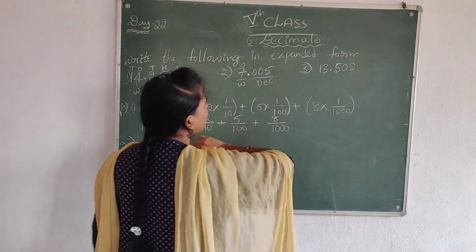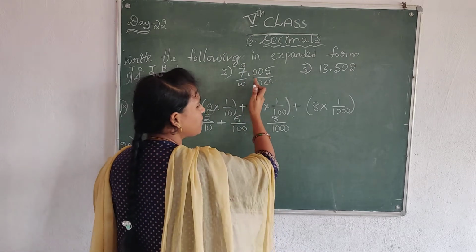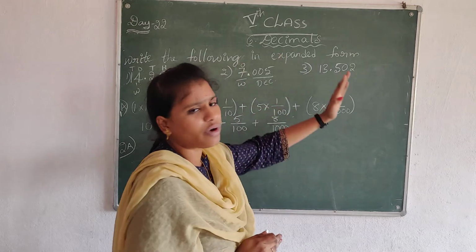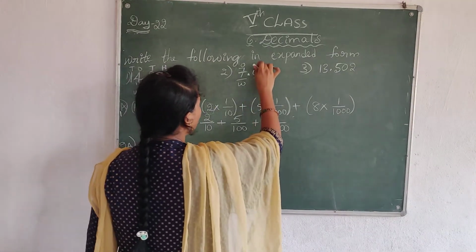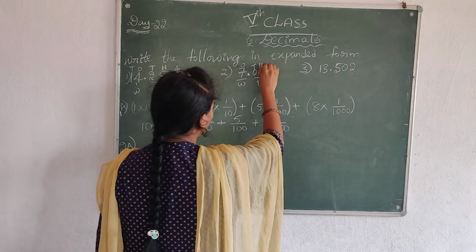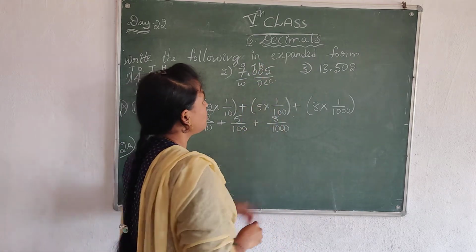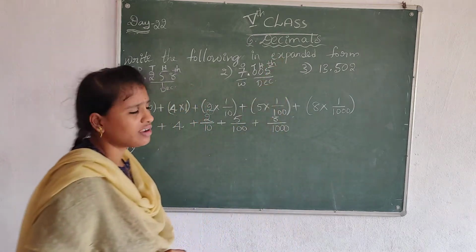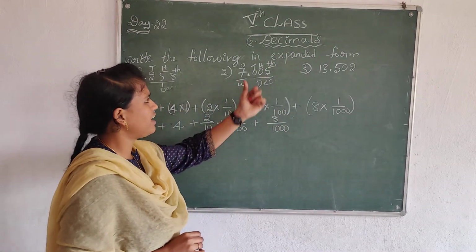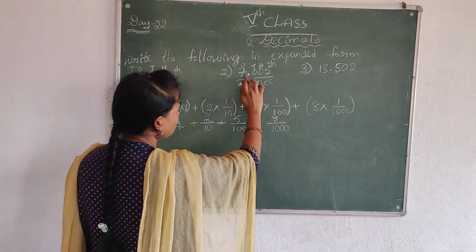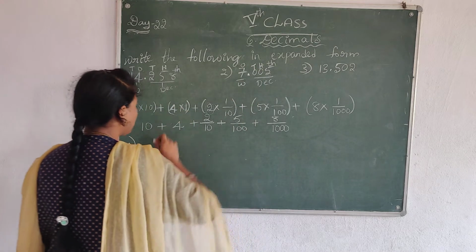And see here, decimal values. Decimal values you have to read from left to right. So the tens. Next value is hundreds, that is H. Next value is thousands, that is TH. Okay, after you write down like this, come to this sum. What is the first place value? 7, that is in the ones place.